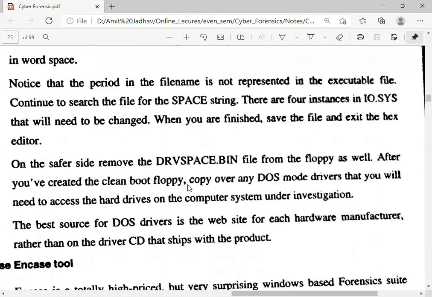After you have created the clean boot floppy, copy over any DOS mode drivers that will be needed to access the hard drives on the computer system under investigation. So in a floppy drive, DriveSpace.bin files may also have been created.